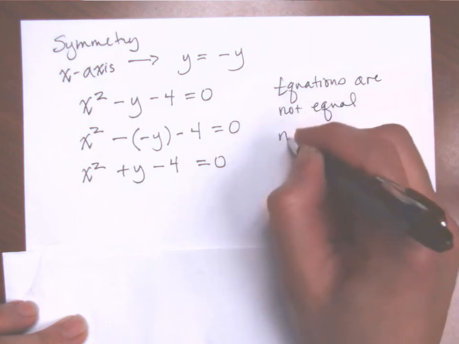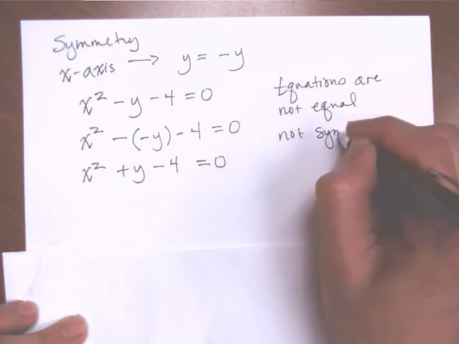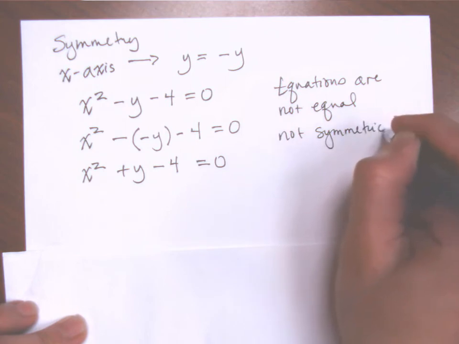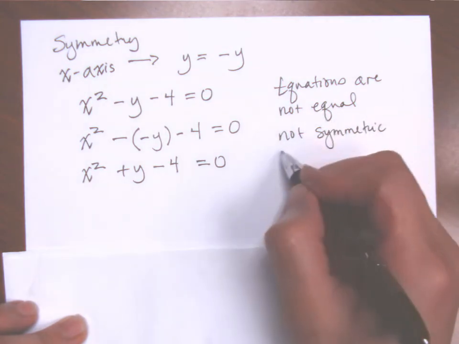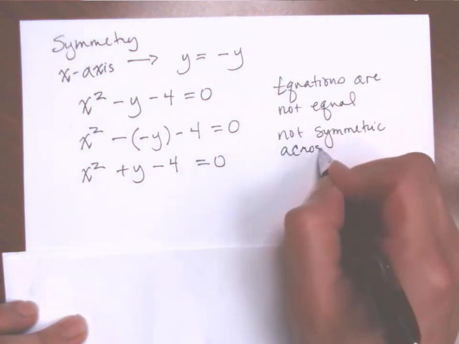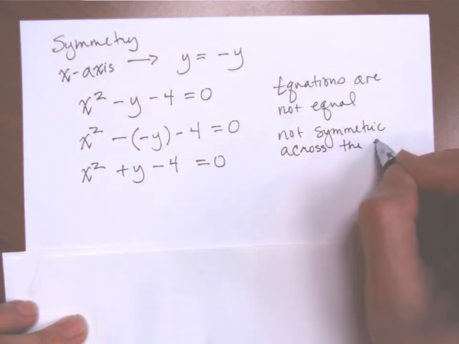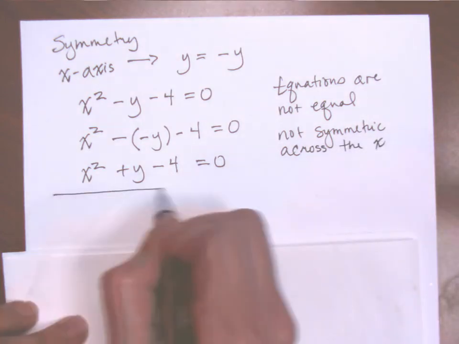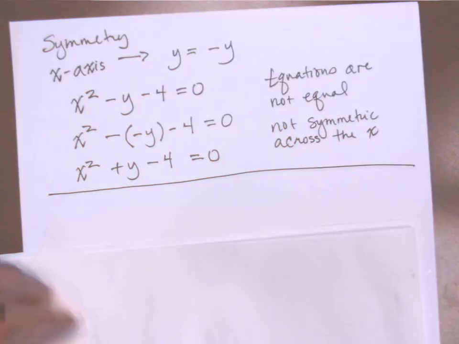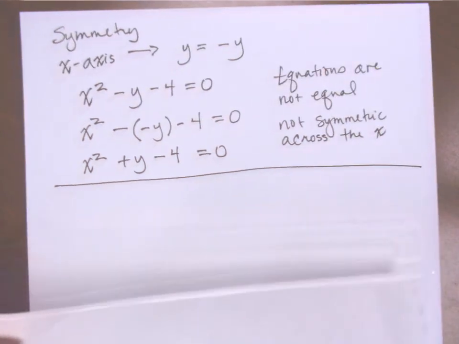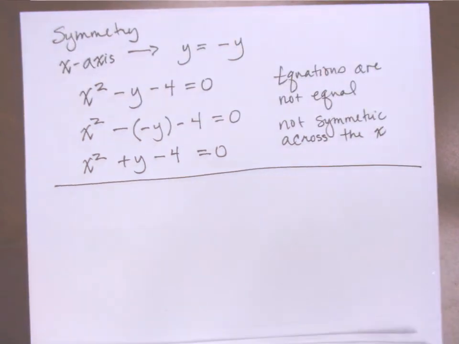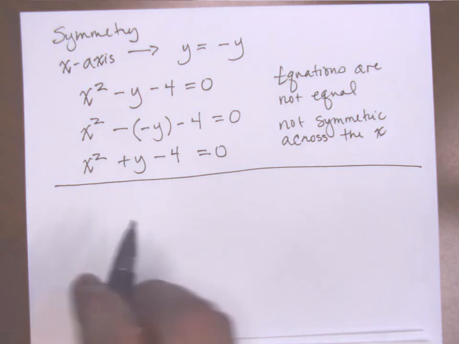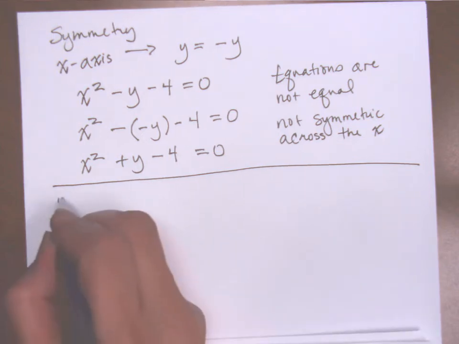So it is not symmetric across the x. All we're doing is plugging in a negative variable, simplifying it down, and seeing if we get the exact same equation back. So for the y-axis,